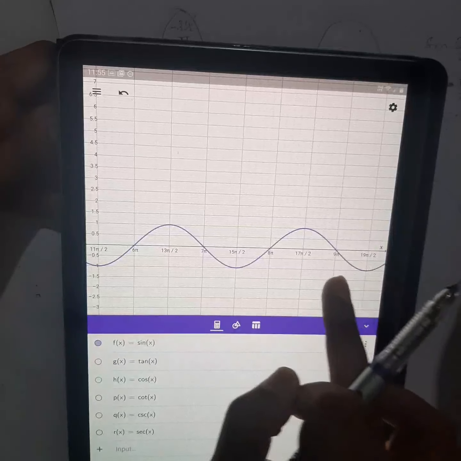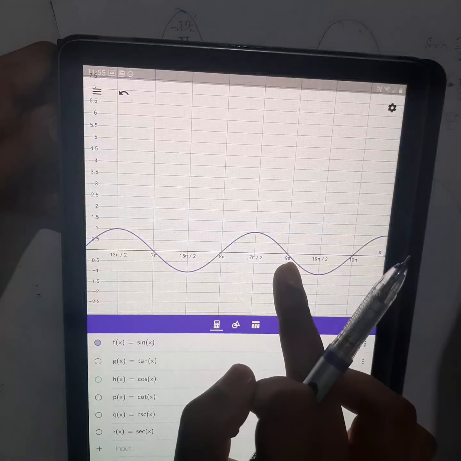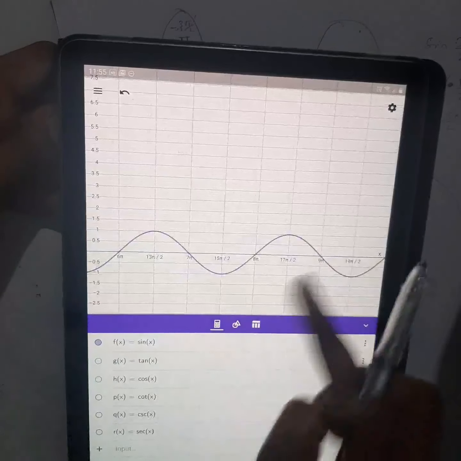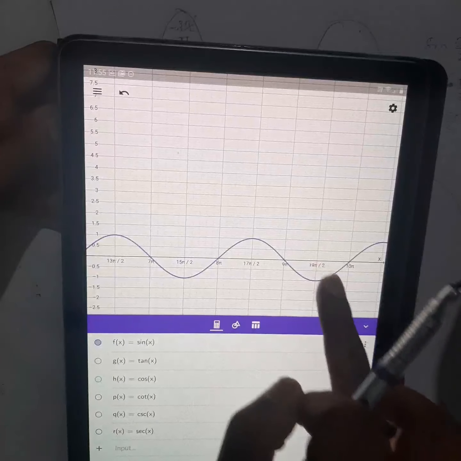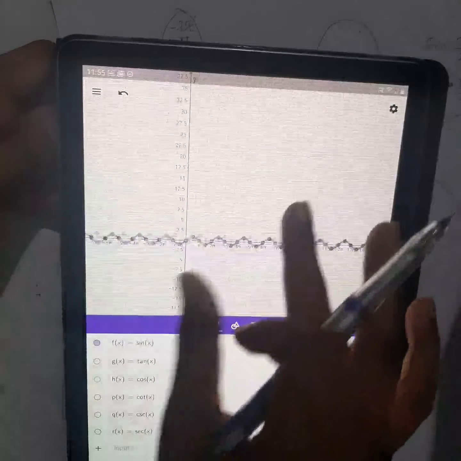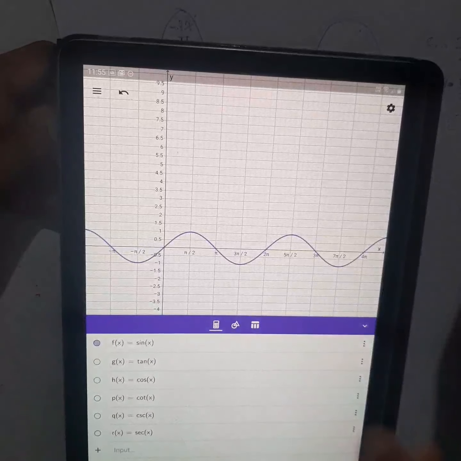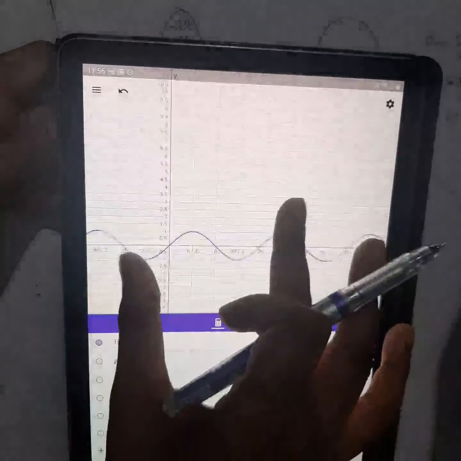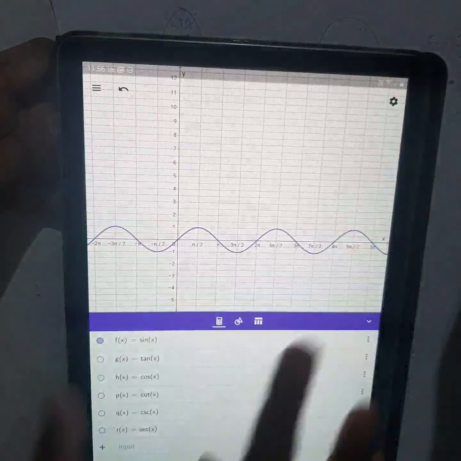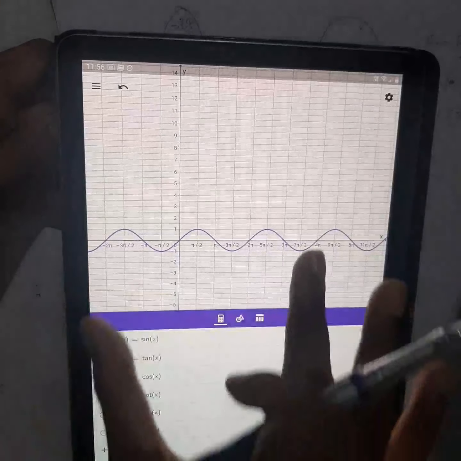Odd multiples of pi by 2. 9 pi means what? Even multiples of pi by 2 also I can convert it into, right? Anyway, forget about that. These odd multiples always give you either minus 1 or 1, right? So this is very important. See here, I am going to define the inverse from here. For that you need to understand this first. Sin x first you have to understand, then try to understand what will be the inverse of sin x.